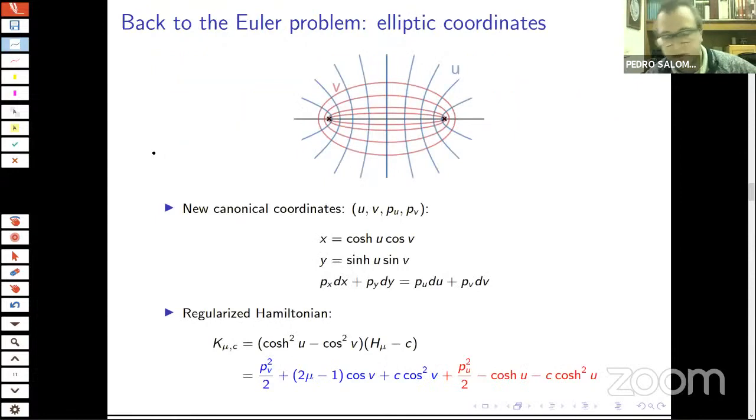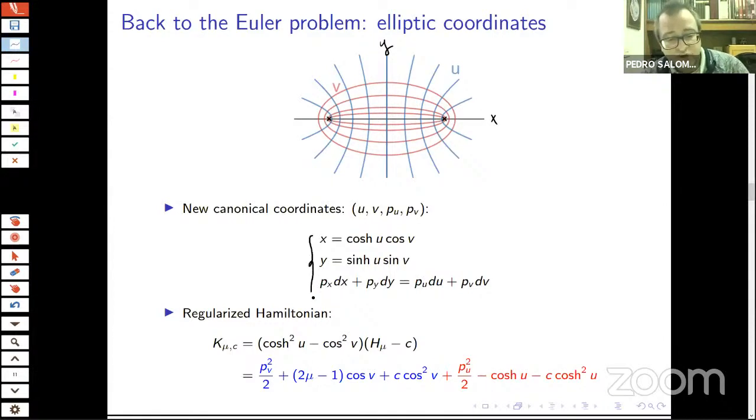So let me try to explain how we obtain these holomorphic curves in the Euler problem, and then maybe I can mention something about the existence of these foliations for the other systems. So we have the plane with coordinates x and y. So the system is integrable. And what in general we do is